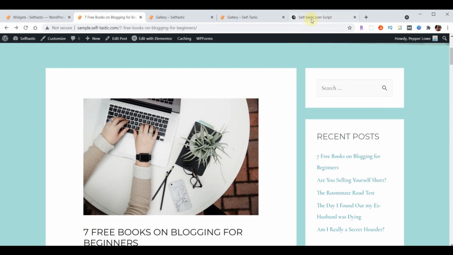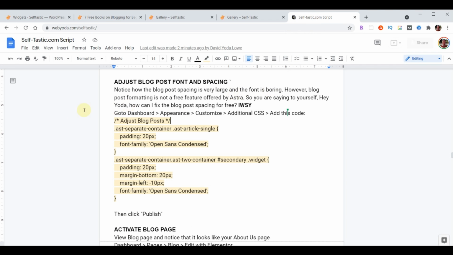So what you want to do is go to your script, and you're going to look for a section under the blogs that's called Adjust Blog Post Font and Spacing. And this is Cascading Style Sheets, CSS. Don't worry about what it does, just worry that it does it. What you want to do is select the yellow text, copy it to the clipboard, and now we're going to